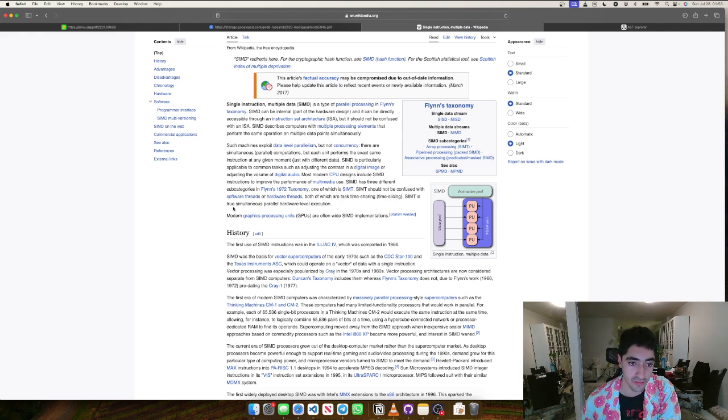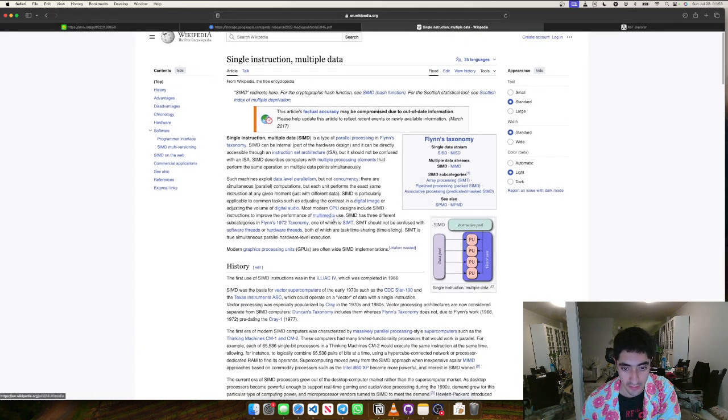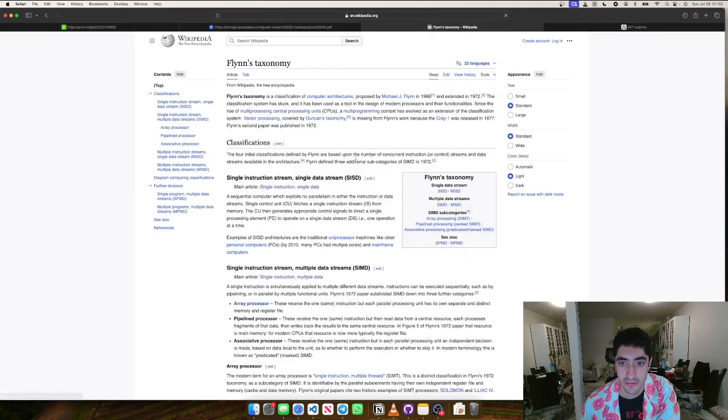SIMT is true simultaneous parallel hardware level execution. Alright, so I'm a little bit curious about Flynn's taxonomy. Flynn's taxonomy is a classification of computer architectures proposed by Michael J. Flynn in 1966 and extended in 1972. This classification system has stuck and has been used as a tool in the design of modern processors and